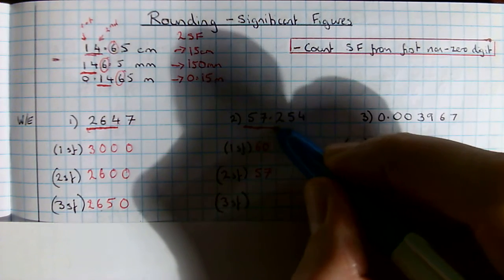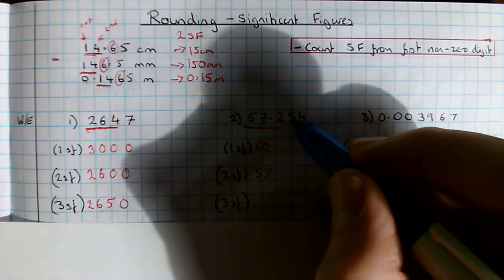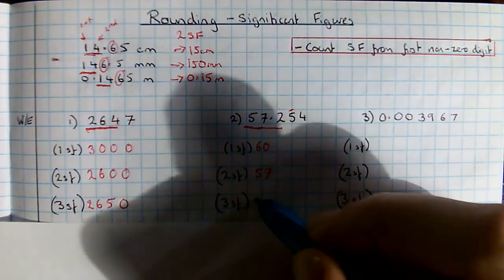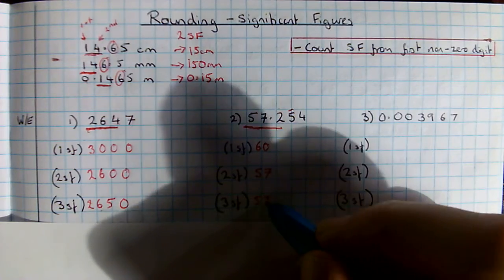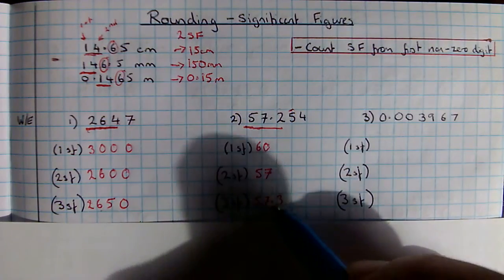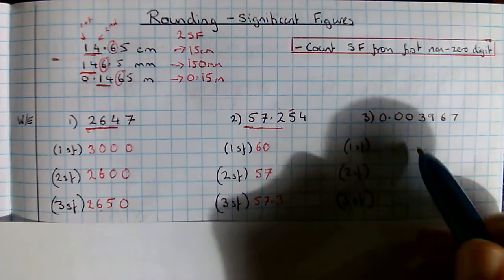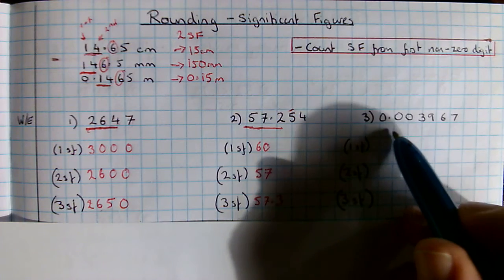And going on to 3 significant figures, I've got 572. That the 5 pushes that up, and it's going to be 57.3. And again, you should see that the higher the number of significant figures, the closest it was to the original value. Let's look at the last one, which is a small number, and these are the ones that people